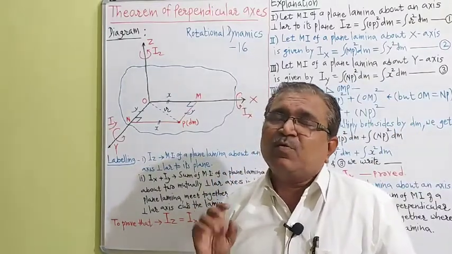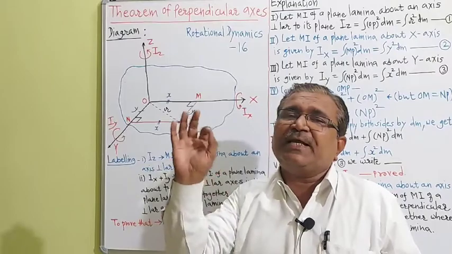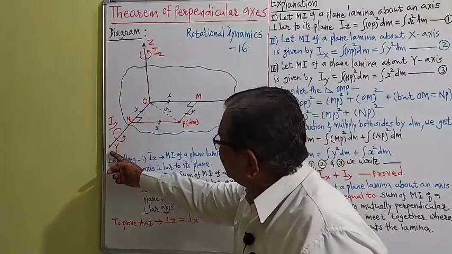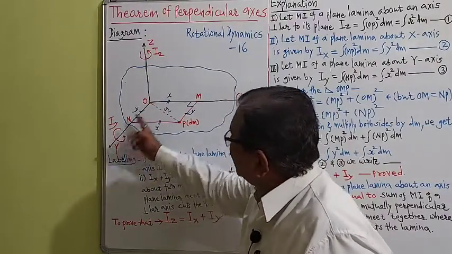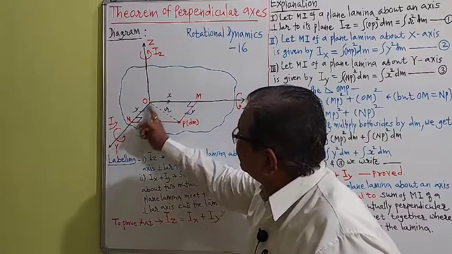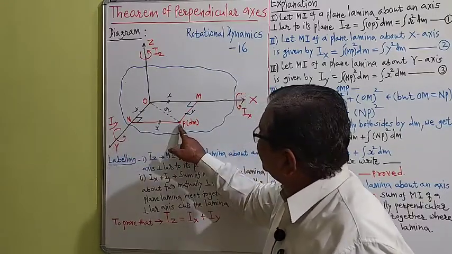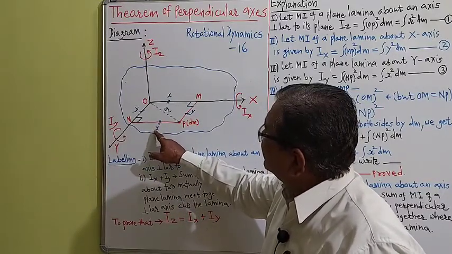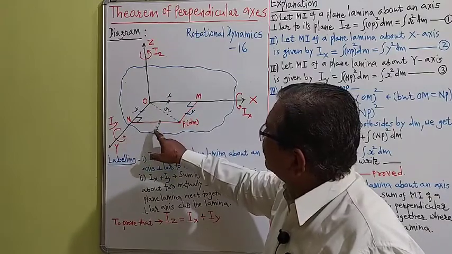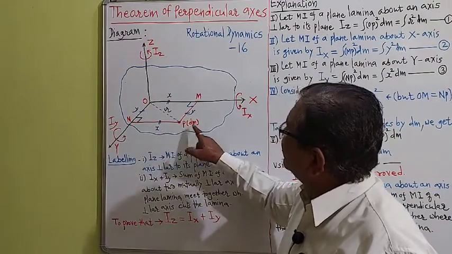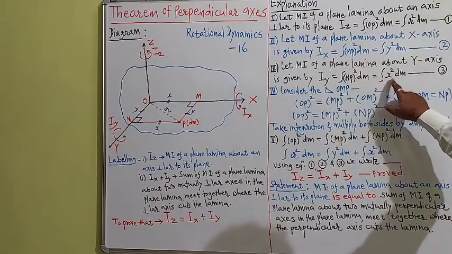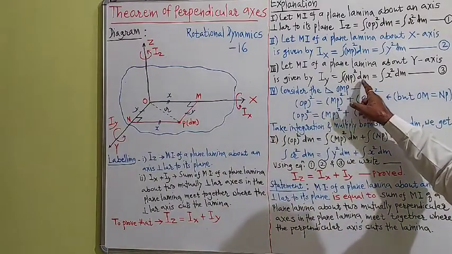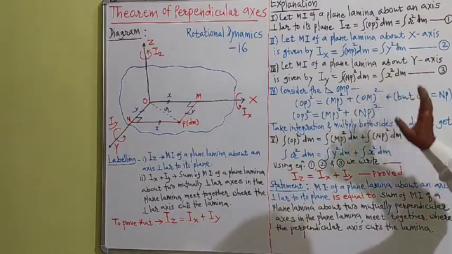Very simple. Moment of inertia of a plane lamina about the y-axis. Where is the y-axis? This is the y-axis. Let us ask the question, how much distance is this y-axis from the point P? This y-axis is at a distance x. If this is x, then this is also x. So x square into dm. Integration of x square into dm. What is x? NP. So I have written here, NP square into dm is equal to integration of x square into dm.